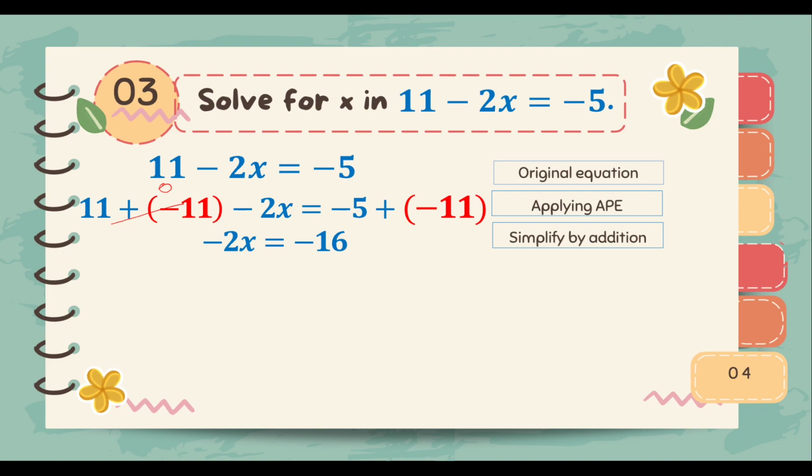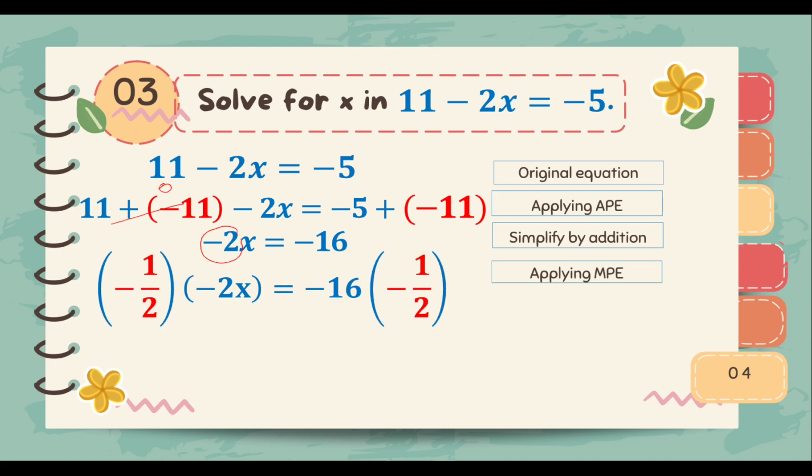We're not yet done because the coefficient of x is not positive 1. So what do we do? We apply the multiplication property of equality. What do we multiply to both sides of the equation so that the coefficient of x will become 1? Take a look at the numerical coefficient. It's currently negative 2. So what is the multiplicative inverse of negative 2? It's negative 1/2. Multiplying both sides of the equation by negative 1/2, we then arrive at